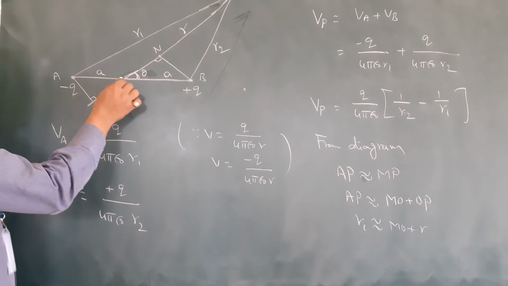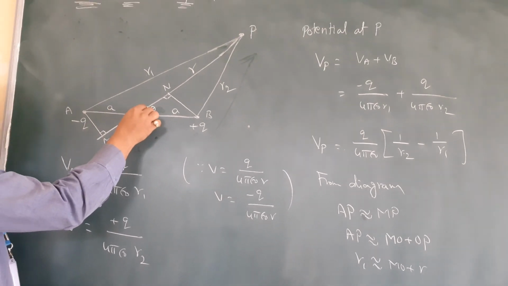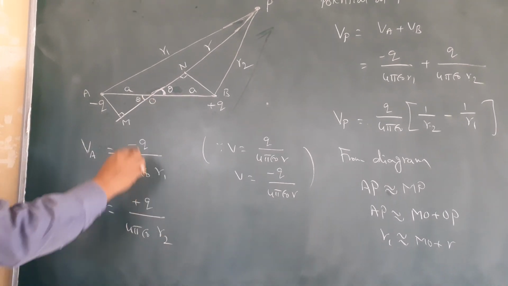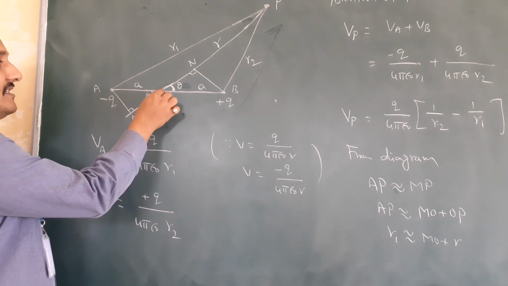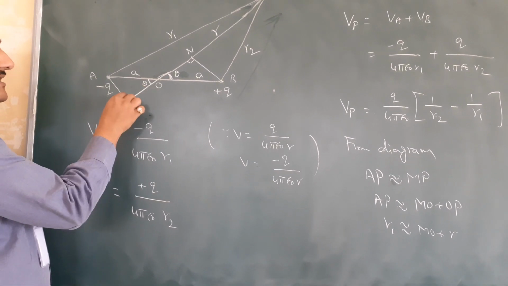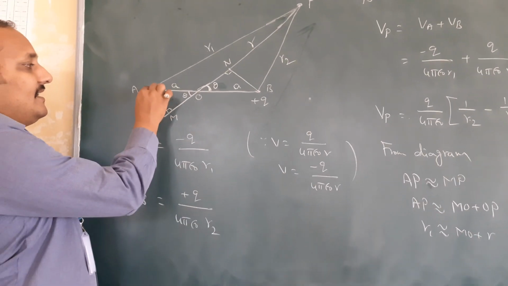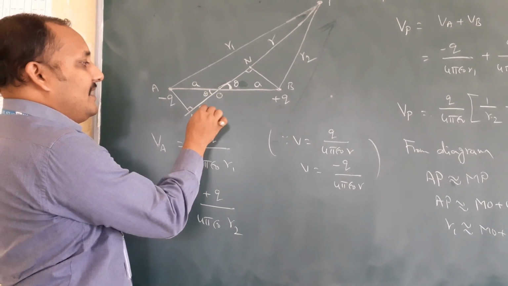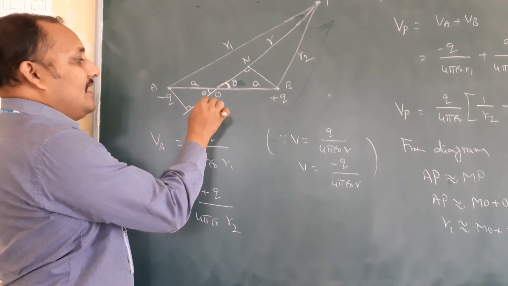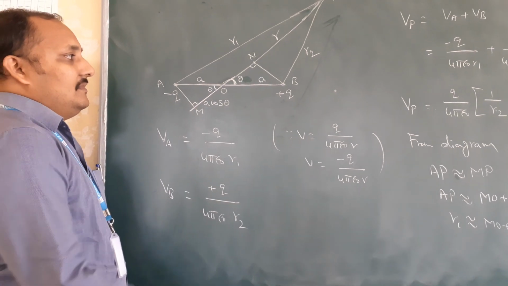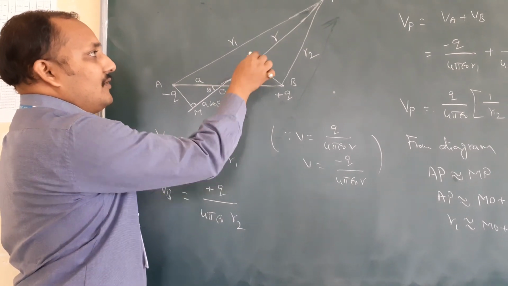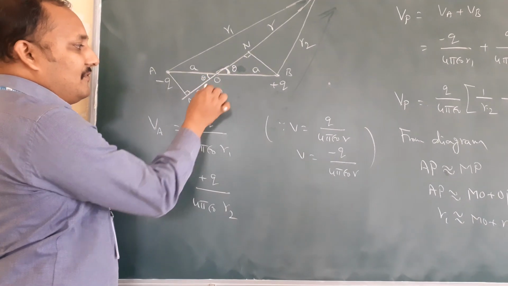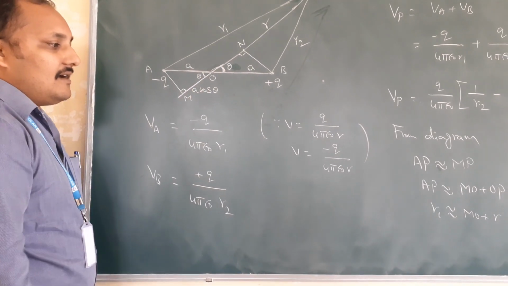So what is MO here? This angle and this angle, corresponding and opposite angles, are equal. So this is a, meaning what is this component, OM? This is the perpendicular in triangle AMO. Resolve this a into two components. If this is a, this will become a cos theta. Isn't it? That way we are going to find OM also. Now what is MO? a cos theta.